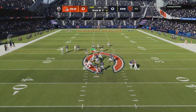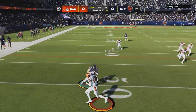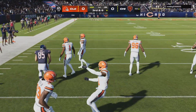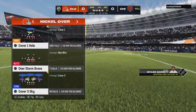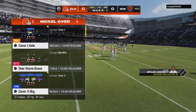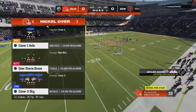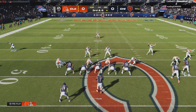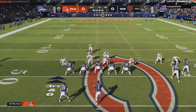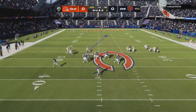From the 50, here's Fields. There's a short throw. It's caught by Kmet. They had 3 yards on first down, just 1 yard there. Oh, it's time to give a little credit there to the defense. They played that very well because it was a drag route, and he ran it a little shallower than normal as he worked straight across the field. He was hoping he'd get lost behind the defensive line, but once he made the catch, nowhere to turn upfield